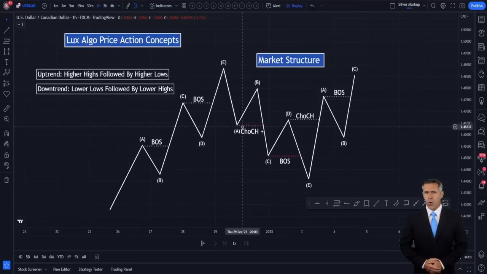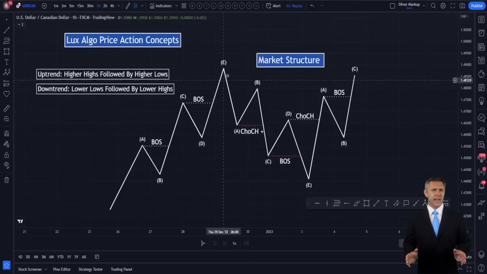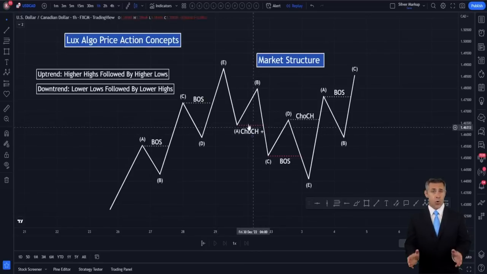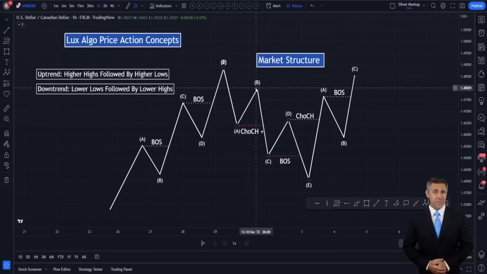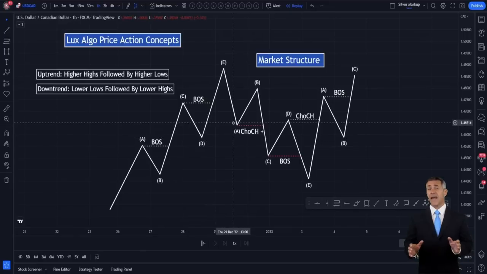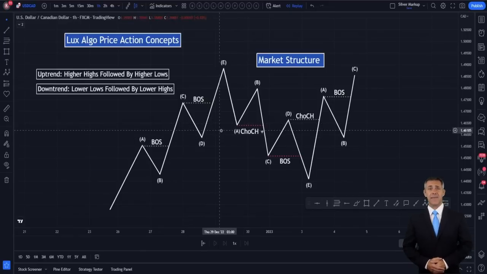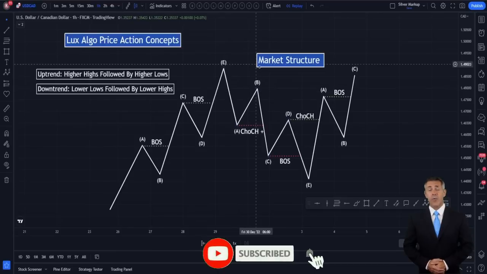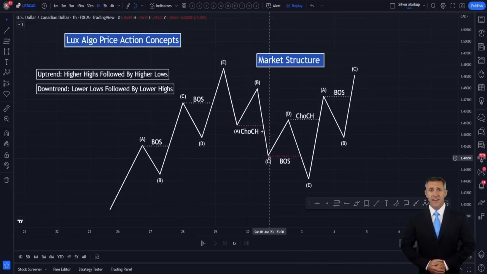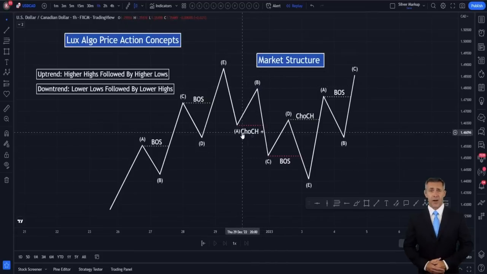Now things start to change. So you have your higher low. That's still the uptrend. But what changes the outcome, or what you would call here a change of character, is when you have that low get broken to create a lower low and change the pattern. So after a higher low, you're supposed to have a higher high. You didn't have it here, and what you had in turn was a lower low. So when you have a lower high get created before that lower low, you have what's called a change of